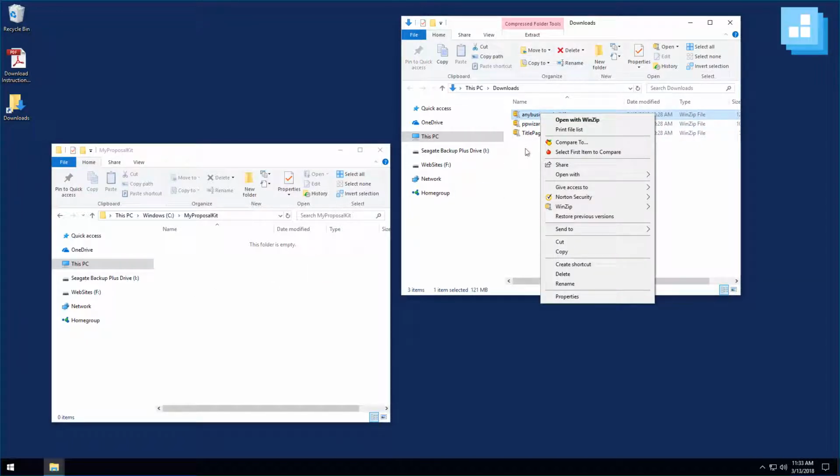Now, depending on what software you have installed, the unzip or extraction process will vary slightly. Your browser might be able to do it for you. You might have a third party's unzip tool, or you might be using Unzip. So whatever extraction tool you have,